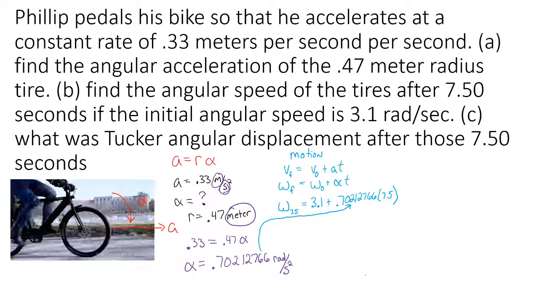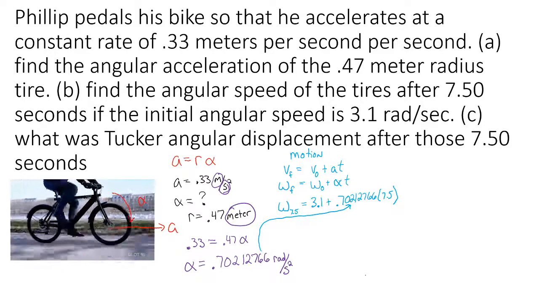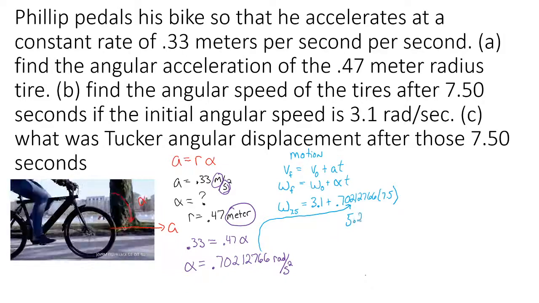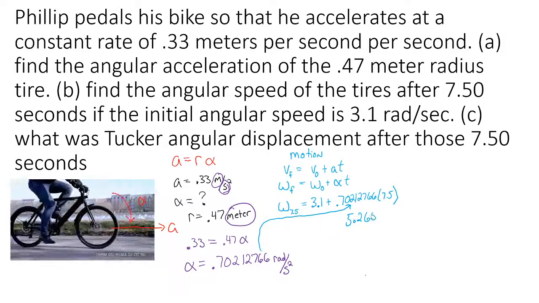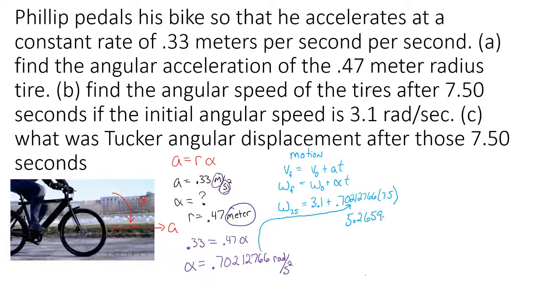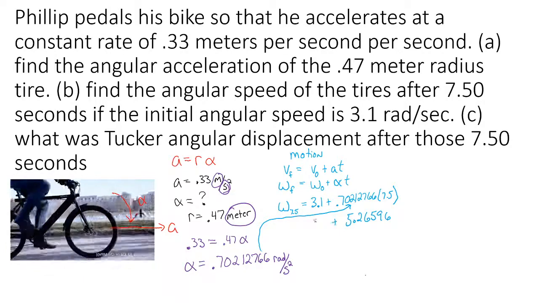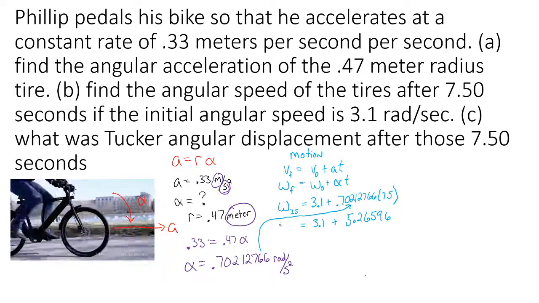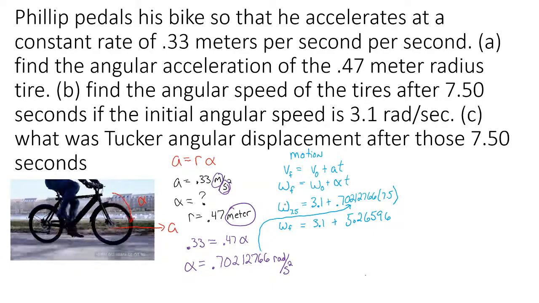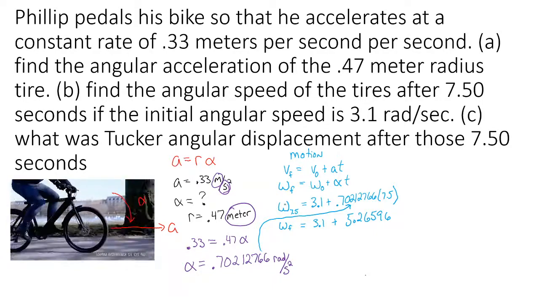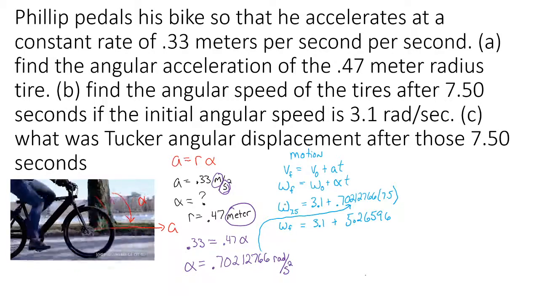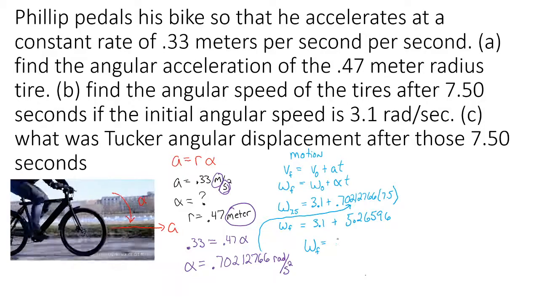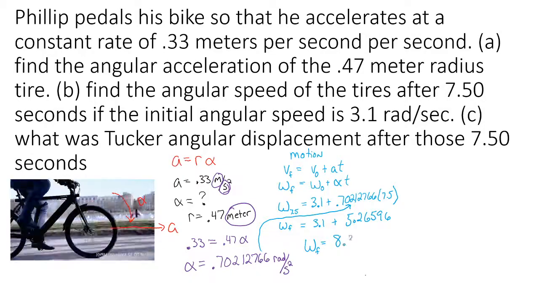So we're going to take our angular acceleration and multiply it by 7.5. That gives us a value of 5.26596. And we're going to add that to the 3.1 of the initial angular speed, and that ought to give us our final angular velocity. So I'm going to add 3.1, and I'll get my final angular velocity as being 8.366